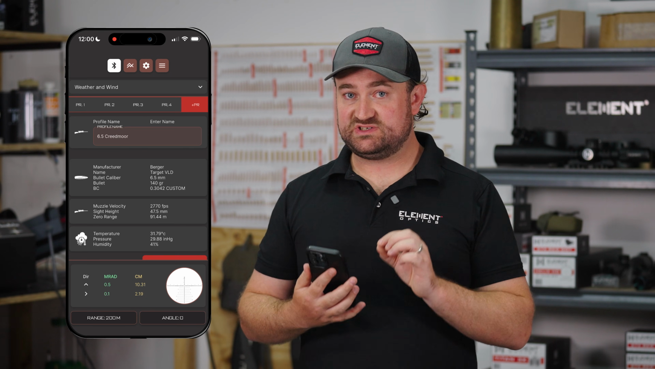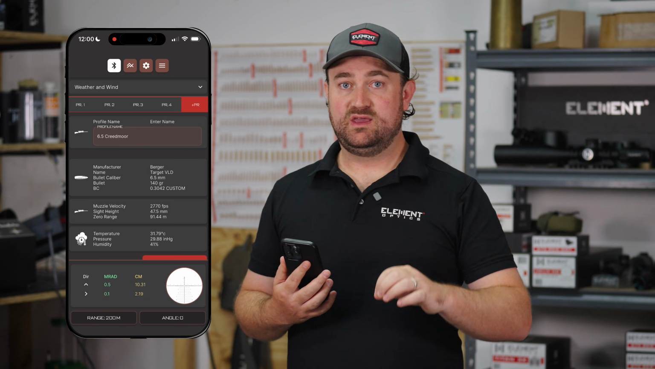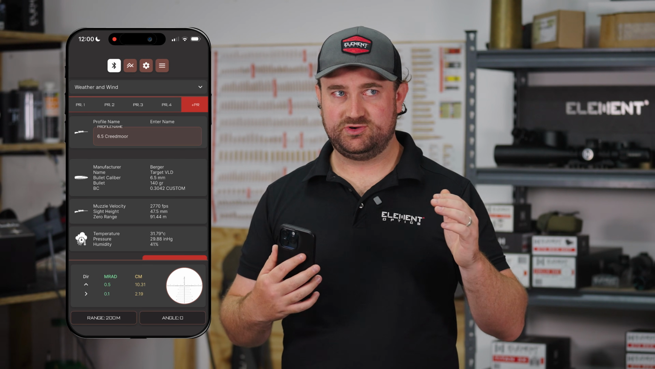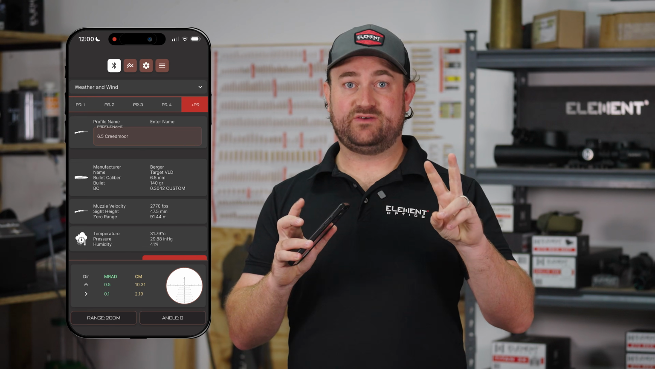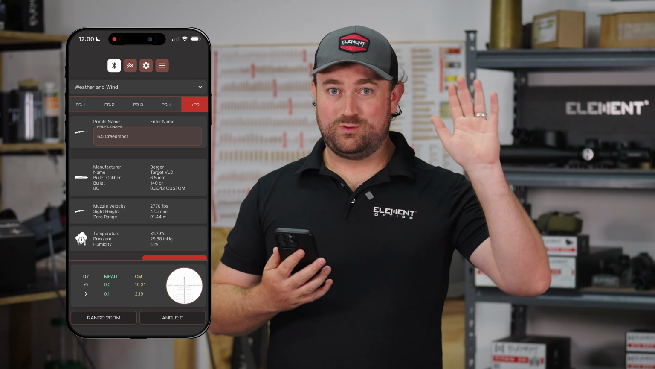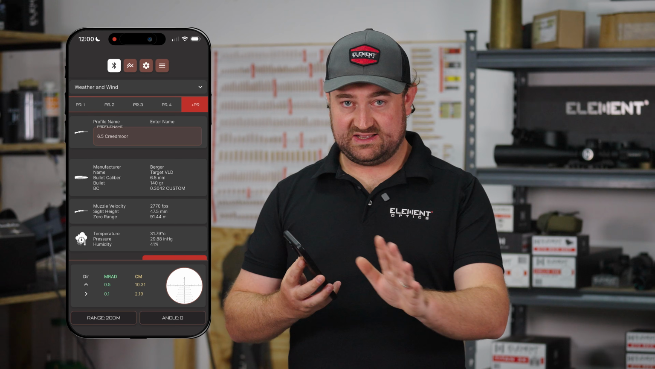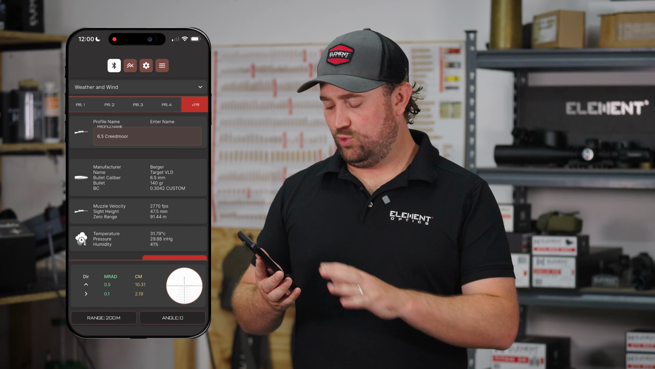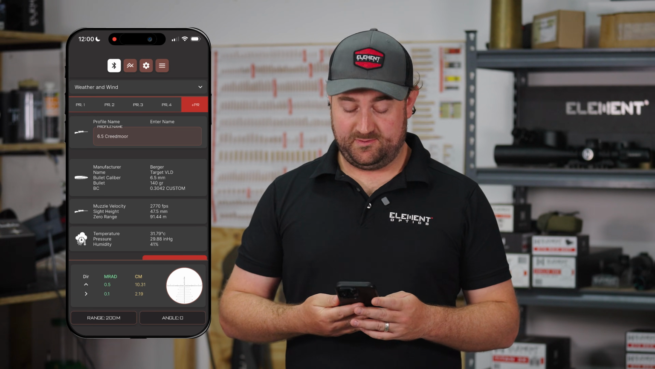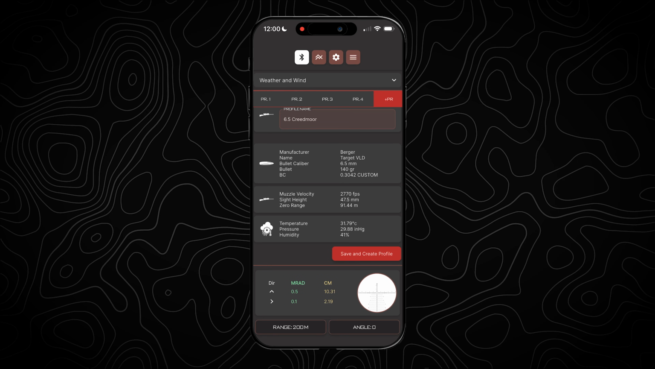So it's going to be more precise than having a single BC, which essentially tries to match your bullet's drag function to the standard G7 or G1, for example, projectile's drag curve. We'll talk about that another time, but the custom BC or the custom drag model function is one of the best things about our app. Of course, bullet data is only one consideration when creating a profile, so we're going to move on to rifle data,